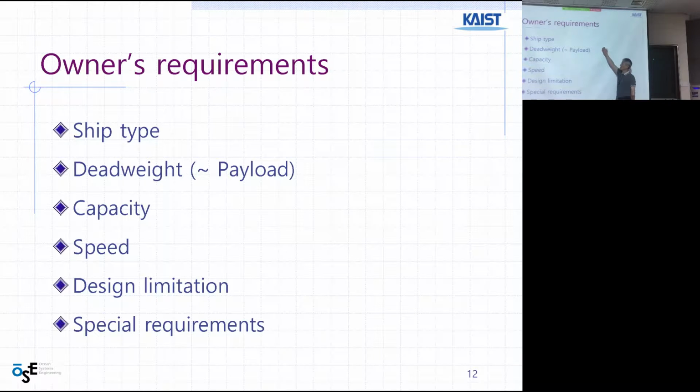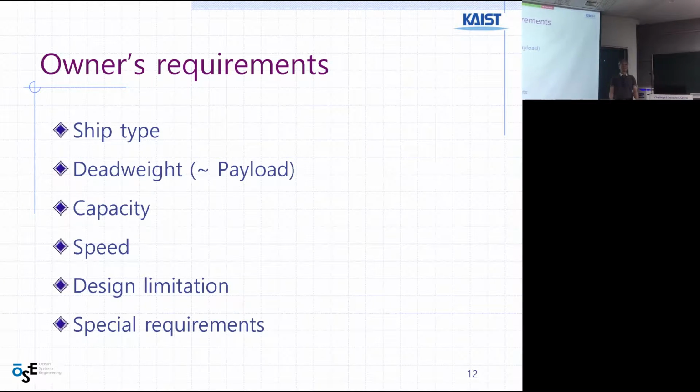It can be a yacht, it can be a racing boat, it can be a cargo ship, it can be a submarine. And then usually the cargo weight is important for the cargo ship. Or capacity, say for a cruise ship, how many passengers? That is important, right? Because that is the money coming. How many passengers we can accommodate, or how many containers, TEU, or how many soldiers, or how many missiles or torpedoes. Right? That can be the capacity in general, and speed,